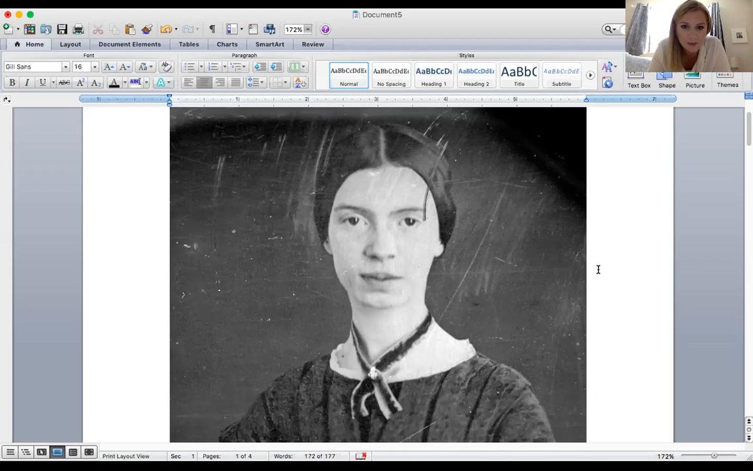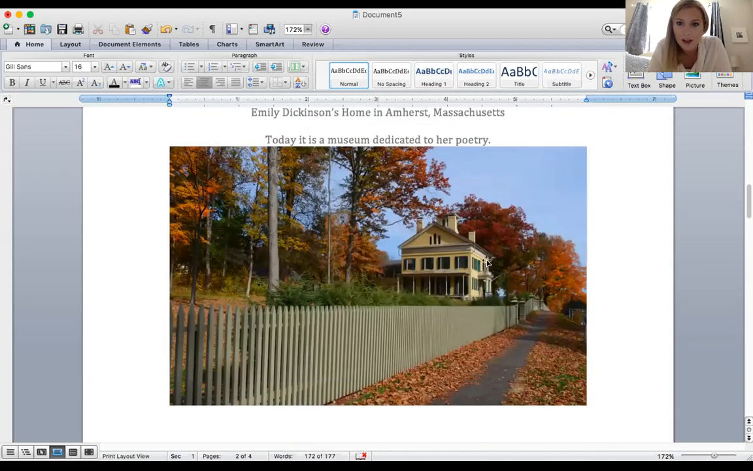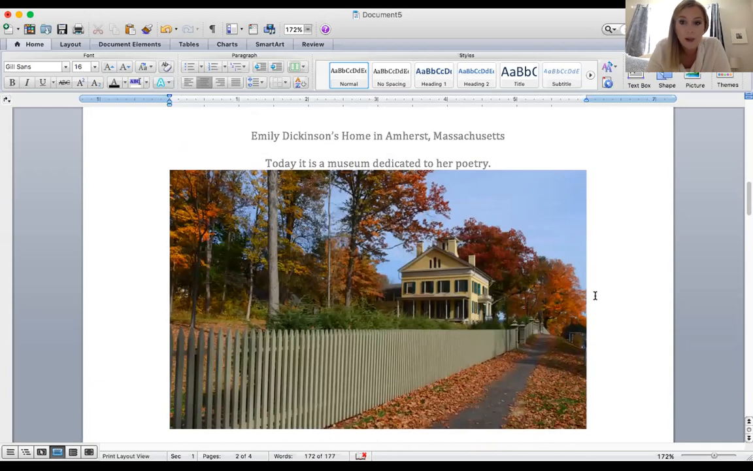So here she is. And here is a picture of the museum, the Emily Dickinson Museum, and it's actually her home that she grew up in, this beautiful yellow brick house. And today it's dedicated to her poetry, and I'm going to show you later. We're going to take a short virtual tour of Emily Dickinson's bedroom, because in her later life, she was a